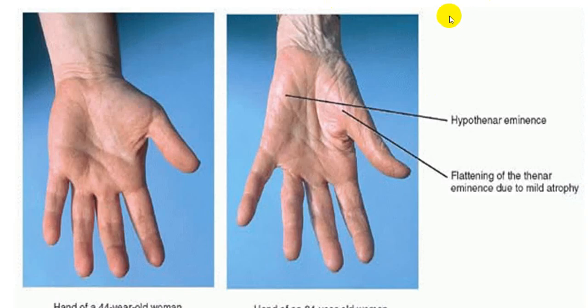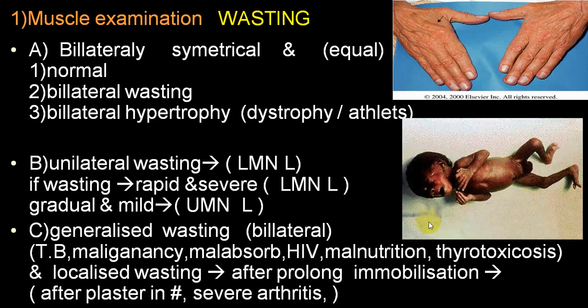Here you can compare the two. Here you can see that there is definitely flattening of muscle. This is wasting, and this will be very commonly seen in case of carpal tunnel syndrome. So unilateral wasting, very frequently lower motor neuron and in a small area, while unilateral involving upper limb and lower limb is very frequently seen in a hemiplegia because of